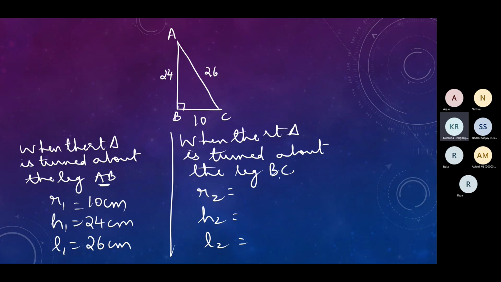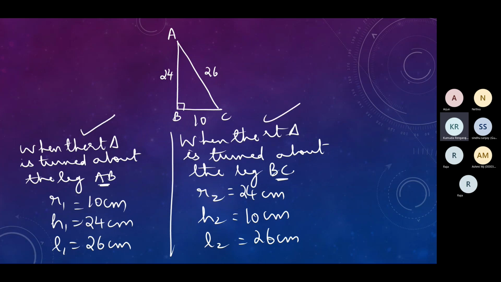And here it's turned about the side BC. So BC will become the height, ma'am. So then which is the other leg? AB, ma'am. So that will become the radius. And the slant height is? 26. So what I'm trying to say is, if they ask you to find the volume of